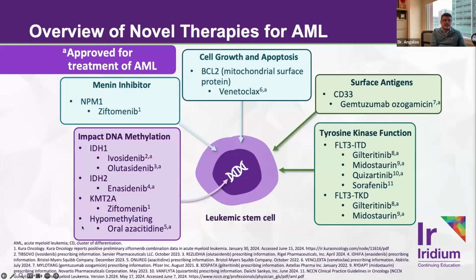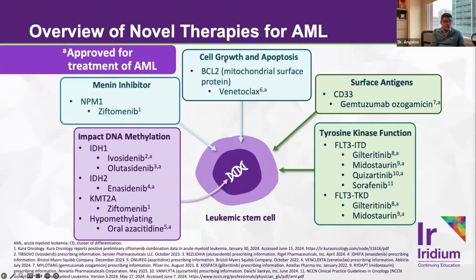All right, so this is a slide I showed on Monday. Again, this goes over all of the menu of options that we have available for targeted therapies for each specific mutation that may be present. I want to highlight here that for NPM1 mutated disease, we do now have menin inhibitors, both revumenib, which is not on this slide, but also ziftomenib, which just got recently approved last month. The same thing here for KMT2A rearrangements, where we have revumenib as an option for these patients. Again, IDH1, IDH2 inhibitors, FLT3 inhibitors as well.